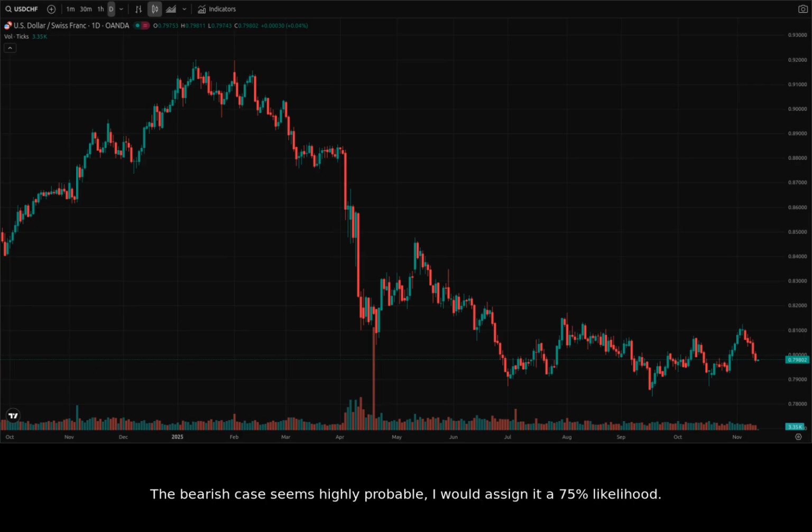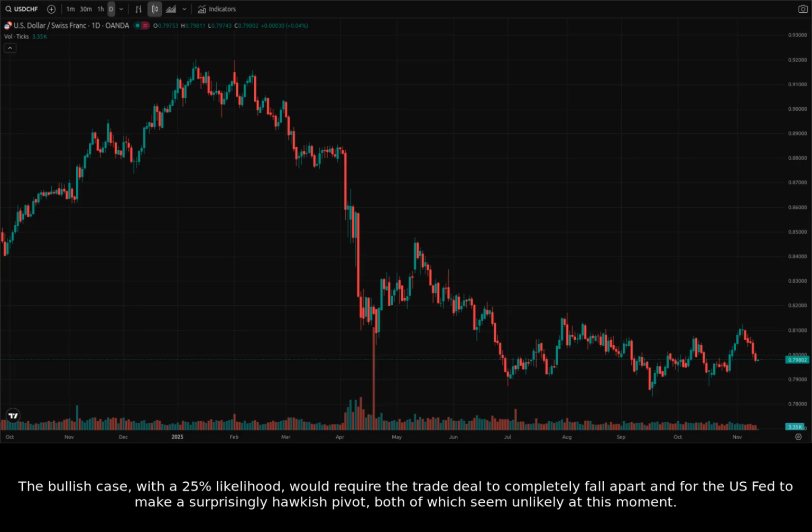The bearish case seems highly probable. I would assign it a 75% likelihood. This is driven by the powerful trade deal narrative. A confirmation of this bias would be a sustained break below 0.7950. The bullish case, with a 25% likelihood, would require the trade deal to completely fall apart and for the